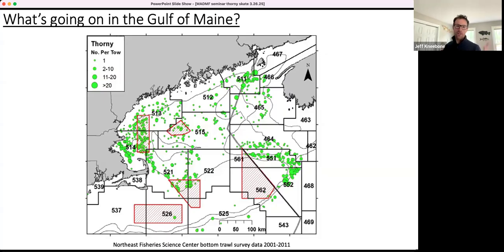So that's two lines of questioning there to keep in mind. One, what is the connectivity of the skates within the Gulf of Maine? And number two is, are we seeing emigration or immigration of thorny skates basically to the Scotian Shelf and into